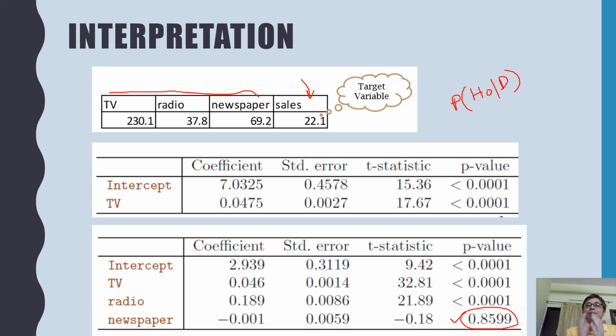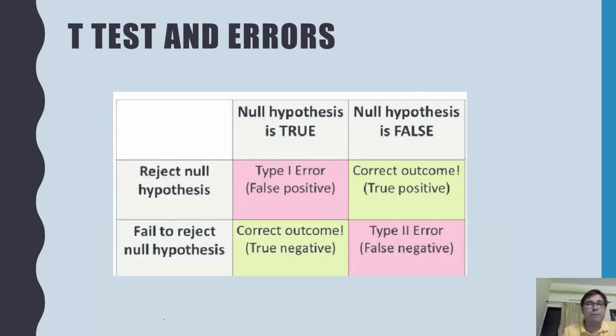There are some error terms associated with hypothesis testing. Let's do a quick recap of that. There can be a scenario where the null hypothesis is true, that is the model is not valid, and you reject the null hypothesis. You call this a type 1 error, which is also called a false positive. And there can be another scenario where the null hypothesis is false, however you have failed to reject it. This you call a type 2 error. All statistical tests that you try to do try to minimize this type 1 error and type 2 error.